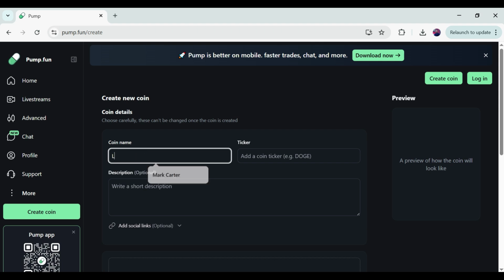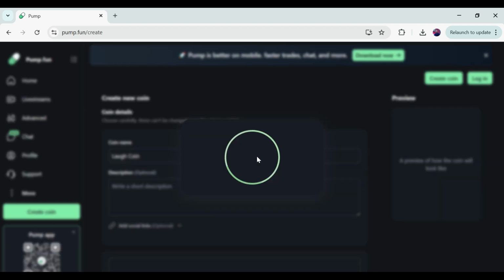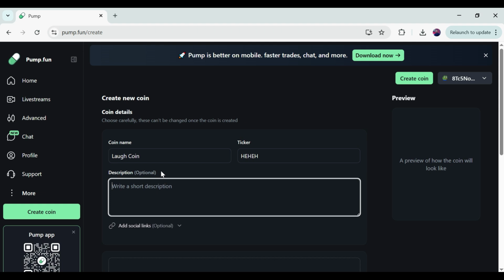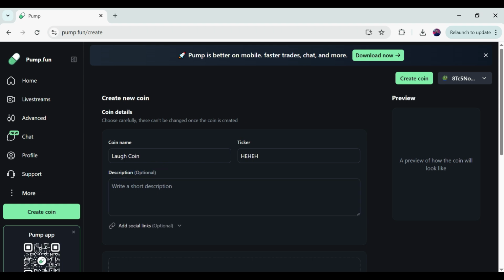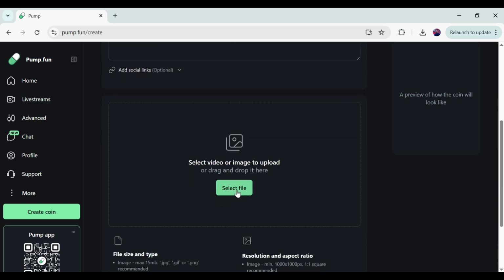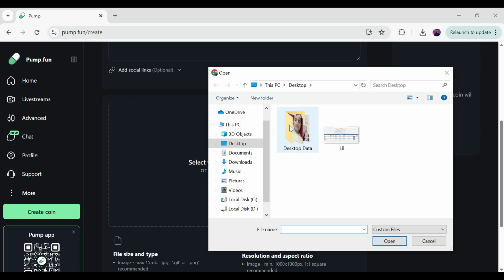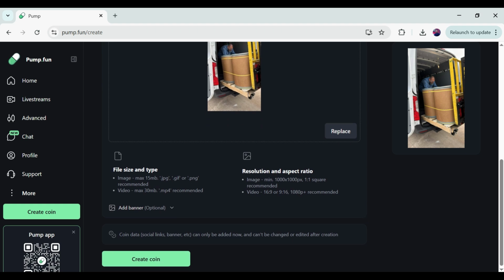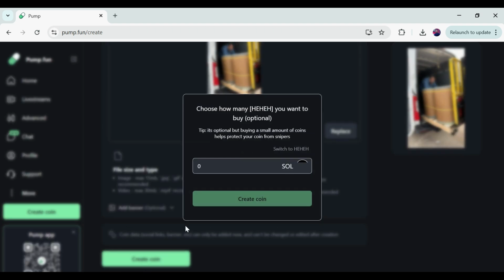So I will just write Love Coin, and for the symbol, or the coin ticker, we will write HEHE. Okay, so this is going to be our symbol, and you can also write a description. For now I will just skip it because it's optional. If you want to write a description, you can write your own, and then you have to select a video or image to upload. Okay, so I will just select a random picture for the coin, and I will upload this one. Okay, and then I will go with the create coin button to create a coin,